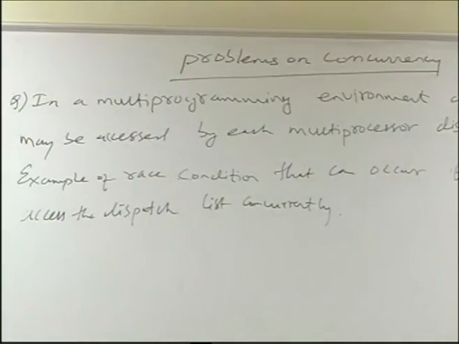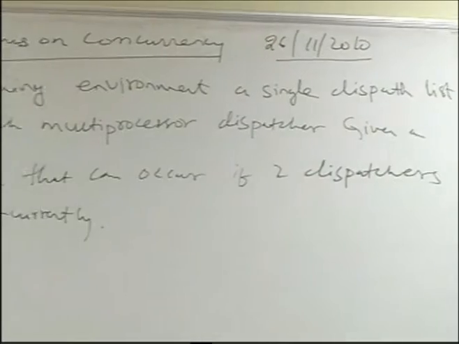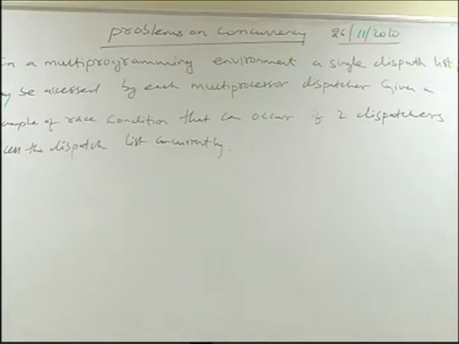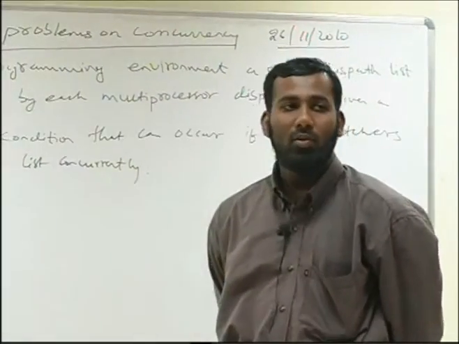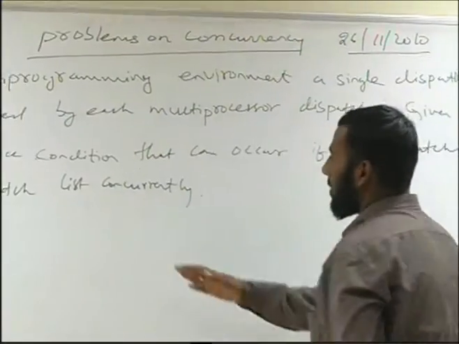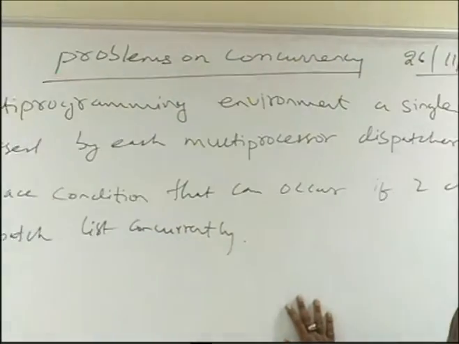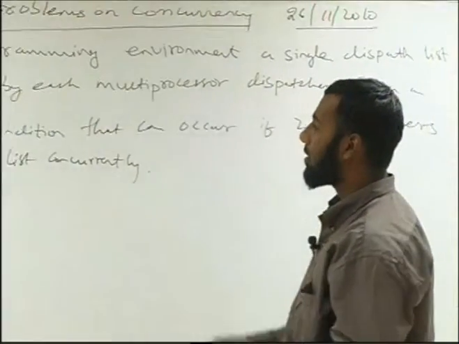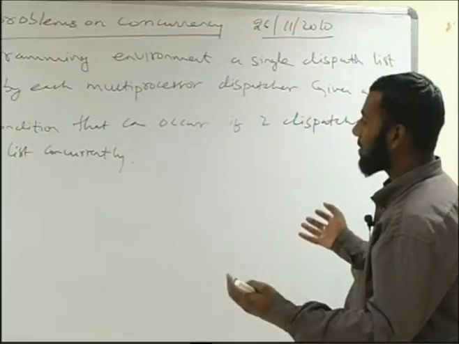In a multi-programming environment, a single dispatch list may be accessed by multiple processor dispatchers. Give an example of a race condition that can occur if two dispatchers access the dispatch list concurrently. In a multi-programming environment wherein more than two processes can reside in memory simultaneously, we know that a race condition is when two processes are trying to access the same resource, competing for the same resource simultaneously. Now, we have to demonstrate a situation wherein because of this concurrency, because of the race condition,